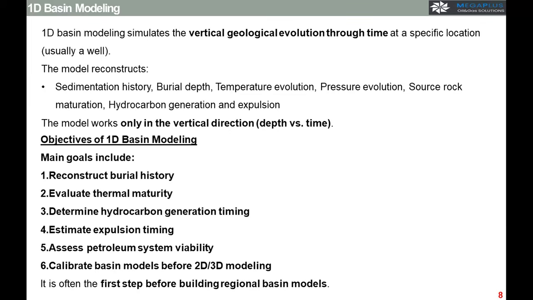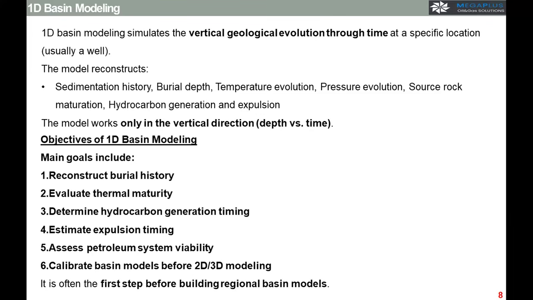We will start with 1D Bayesian modeling. 1D Bayesian modeling is a vertical dimension. It is just vertical depth at a specific location. It usually uses one well. It reconstructs geological evolution vertically at a specific well location. The main output of the 1D model will always be the burial history, temperature evolution, pressure evolution, source rock maturity,